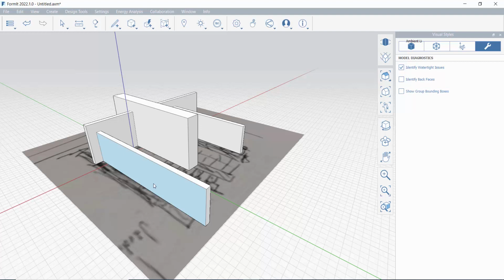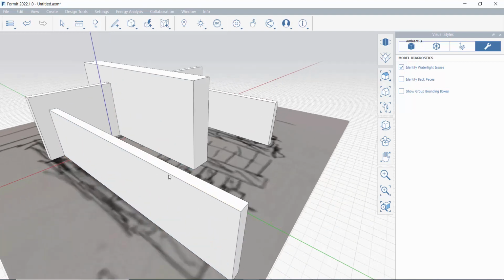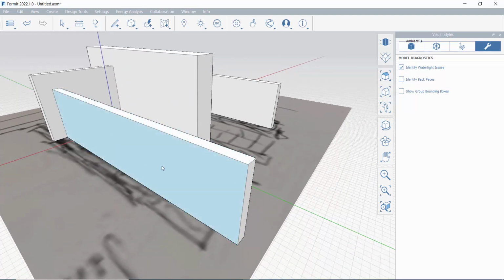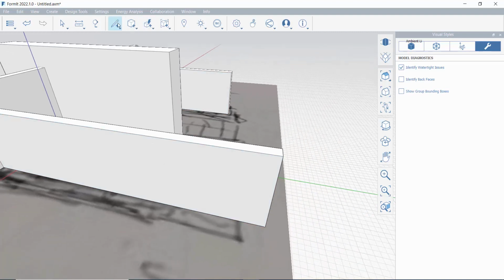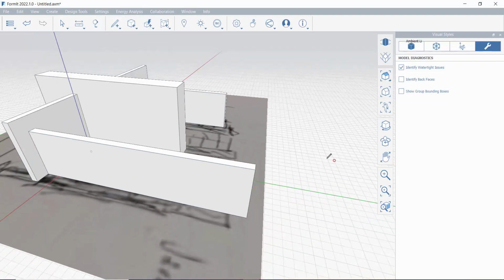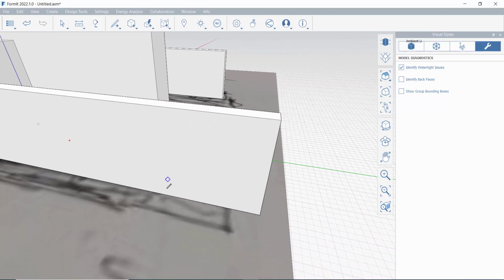So the last thing, if I want to punch a hole through something, there's a couple of different methods to do it. The method that I want you to start with, this is one of the reasons why I want you to start working on the orthogonals. If I have a solid plane to work with, something simple to work with, I can draw, whereas if I'm over here, it's going to default to the XY plane, the ground plane. If I hover over this surface, it is going to default to the surface of that face. So I can come in and let's say I want to go 2 feet down from the top,